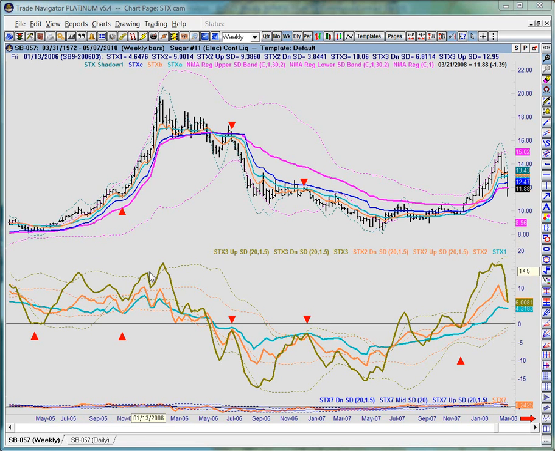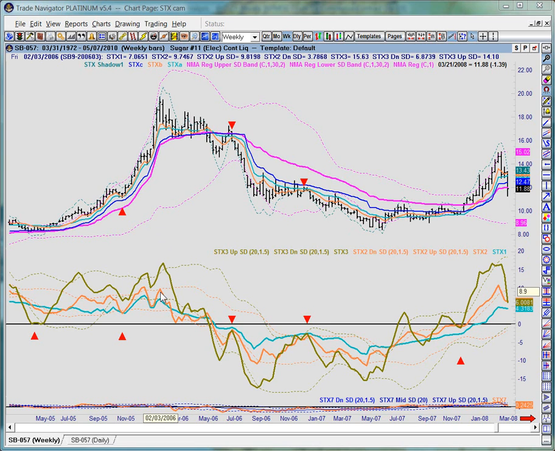Ultimately, you did get into this topping area. Again, you exceeded the upper band here. You pull back a little bit. All that was the 1 bar penetration back on the triple STX, and then finally you rose into the ultimate top. So you had tops occurring at upper standard deviation bands by virtue of both the fast and the medium